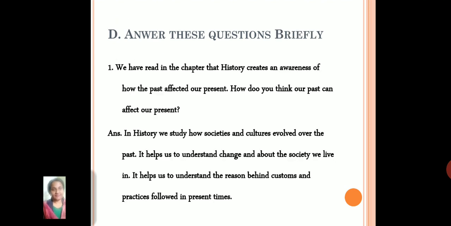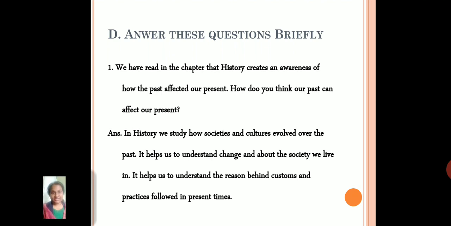Full stop. Now we're going to start writing answers to these questions briefly, which is the D question in the textbook on page number 8. So turn the page, copy the questions. Alright, now this is again a heading, so you're going to leave one line after the answer and you're going to write D in the margin. Sorry, not D, you're going to write Roman number 2, because we had written answer these questions very briefly and all, right. Accordingly, you will put number 2 or 3, whichever is convenient. Answer these questions briefly. That is going to be your title.